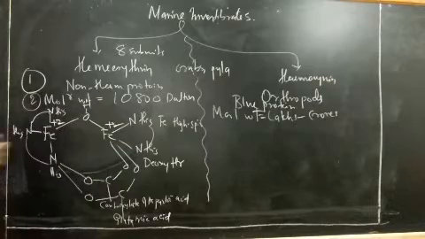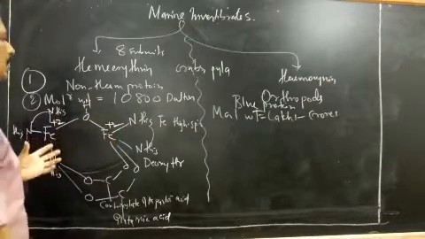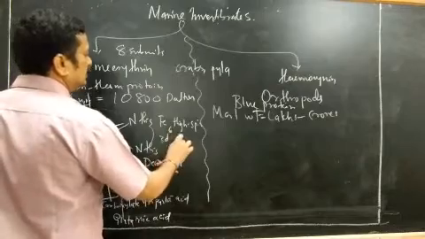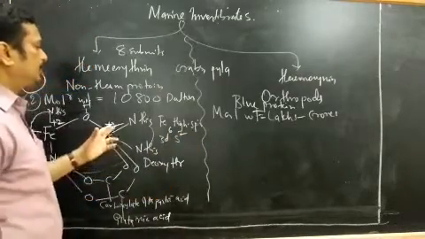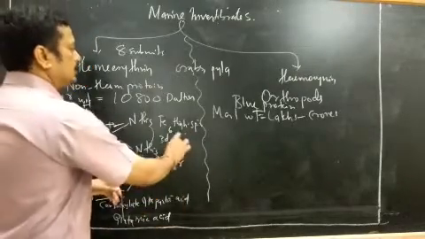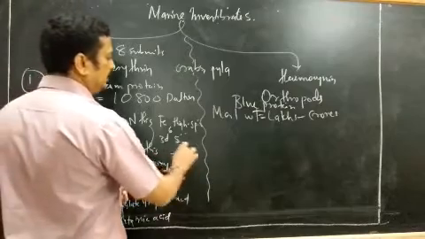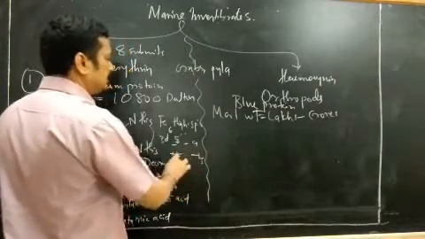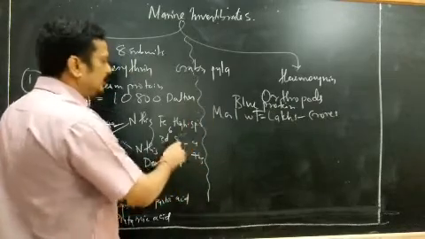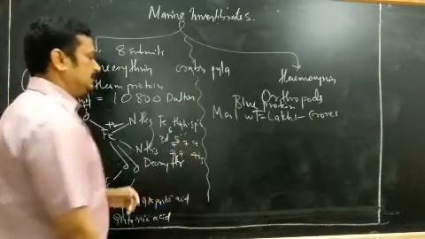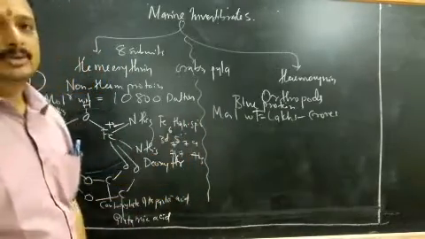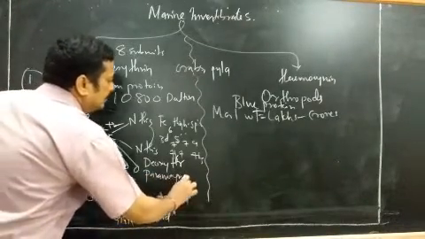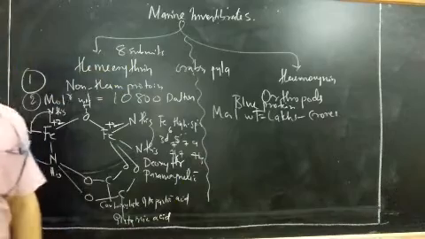So what will happen now? Fe plus 2 means what? It is the D6 system. Plus 2 means 2 electrons are removed, so it is a D6 system. I will write here 1, 2, 3, 4, 5, T2g, Eg. D6 system, high spin: 1, 2, 3, 4, 5, 6. So it has nearly 4 unpaired electrons. That's why it is paramagnetic in nature. Is it right?